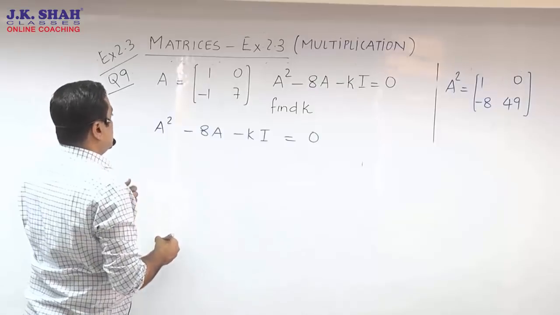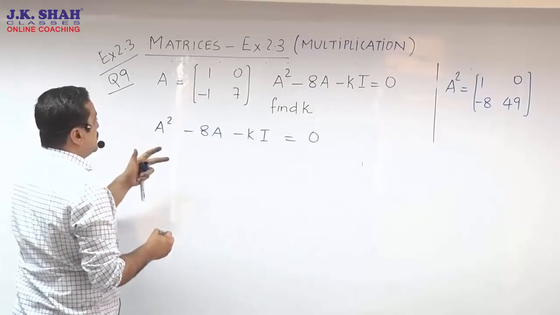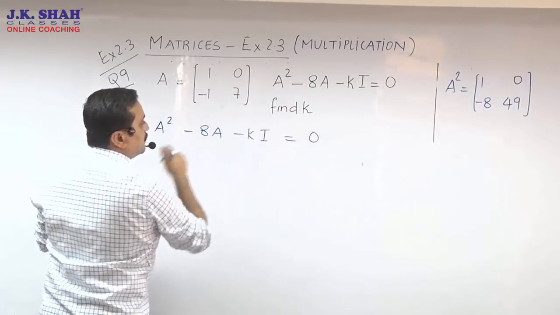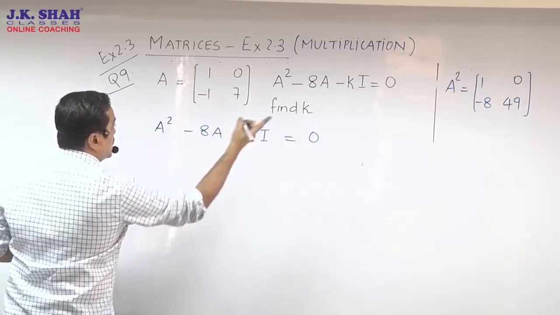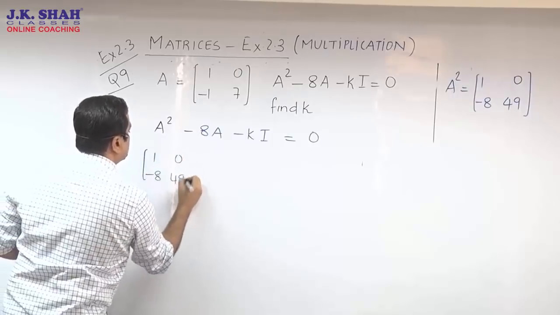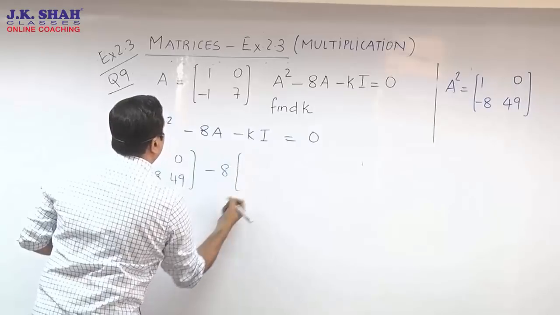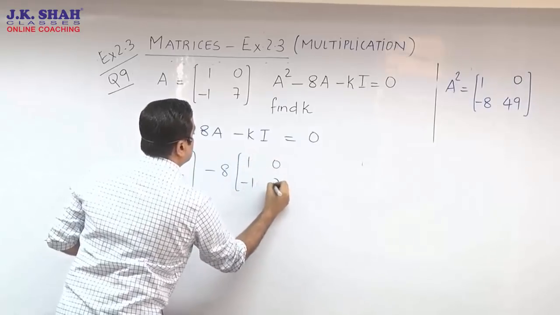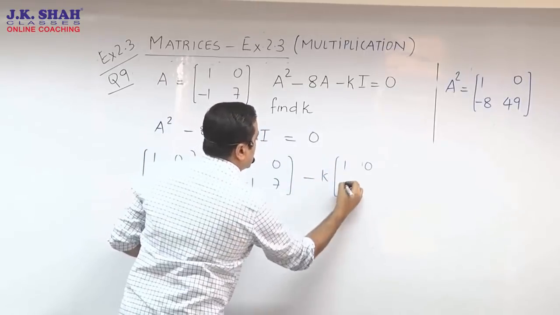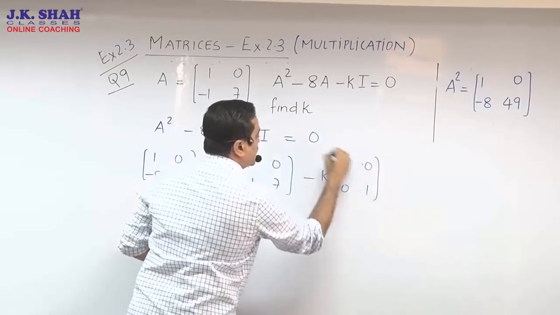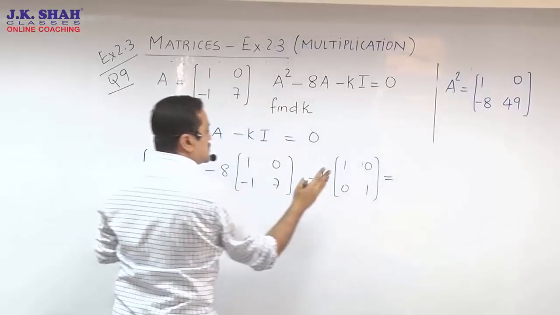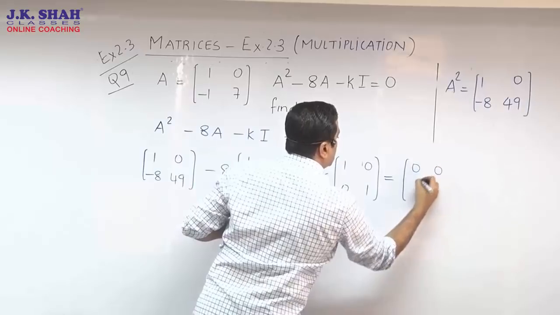Okay. So now we start working on the equation. Once again to remind you, we are not supposed to prove it. ये उन्होंने दिया है. We just need to fill in the things and we need to work for k. We have to find k in that. So bringing my a square ka answer from that side, 1 0 minus 8 49 minus 8, filling in a matrix over here, 1 0 minus 1 7 minus k into I matrix. Now everybody must be knowing I matrix kya hai. It's 1 0 0 1. The diagonal all are 1. It's equal to, prove नहीं करना है, दिया है. So the equation says RHS में मेरे पास null matrix है. It's 0 0 0 0.